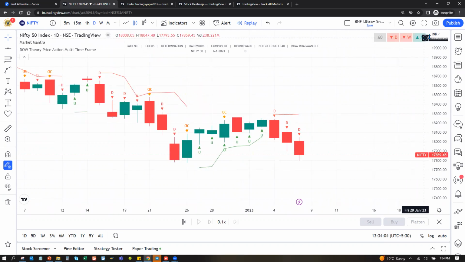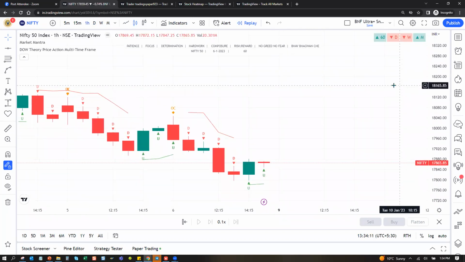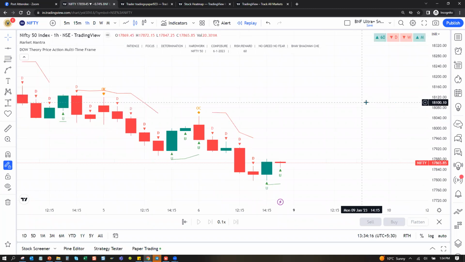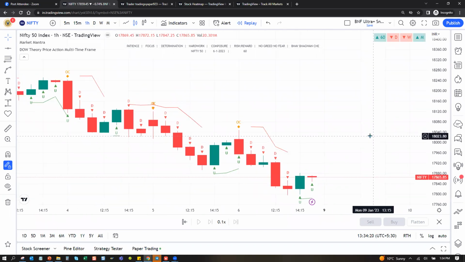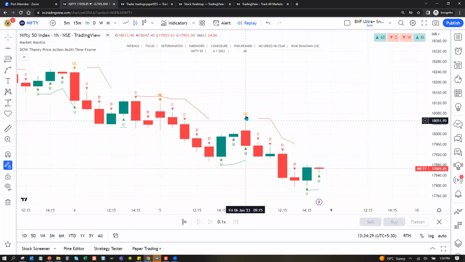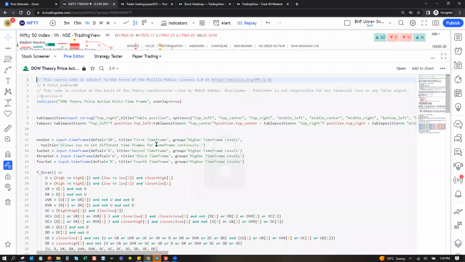Mohit, can you go back to 60 minutes? One second. The last candle, the D should not be printed. Only U is. Fine. There was an instance earlier when I had implemented the indicator wherein the trend had not changed, but the markup had changed. If I get that scenario again, I will share it with you. Sure, let me know. There was some formation or condition wherein it was not matching. If I find anything, I will get back to you.